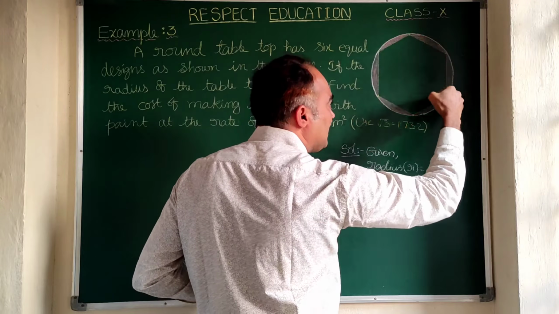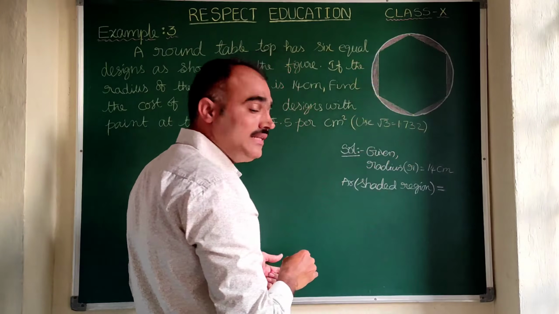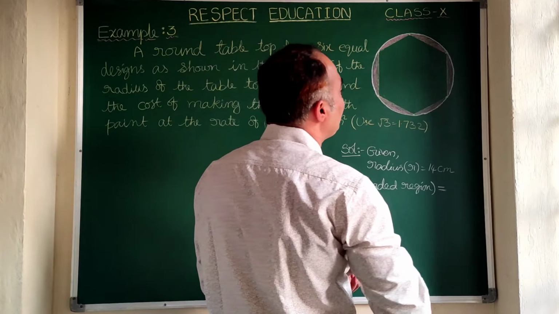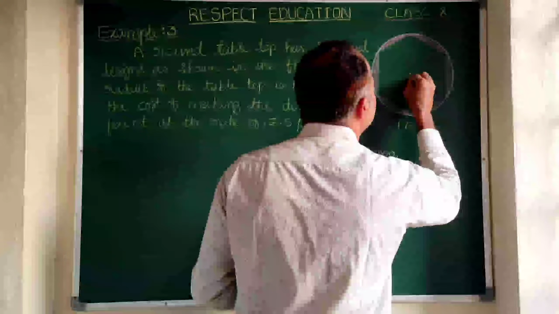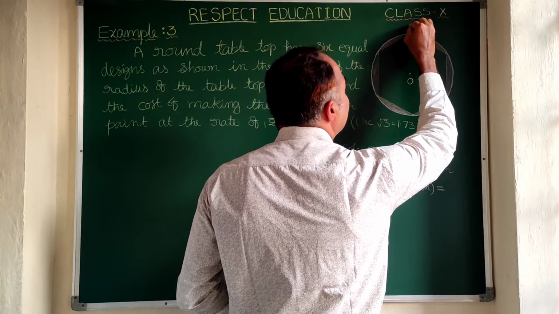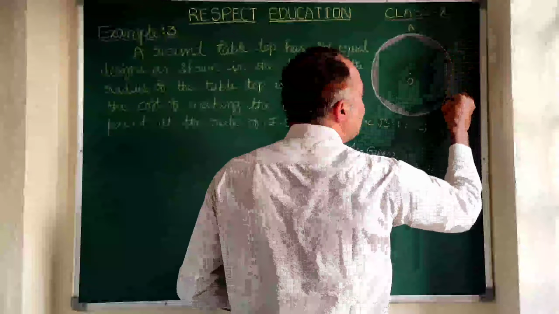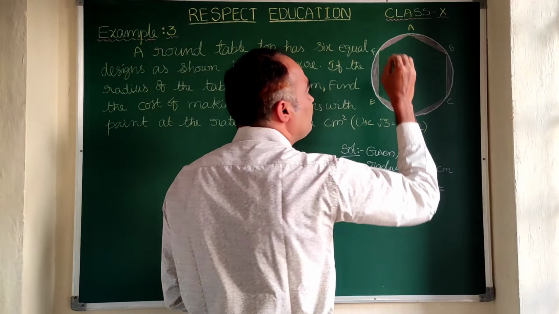take the area of the circle. From that we need to subtract the area. Which area is to be subtracted? Here you observe. Let us take this circle whose center is O. Here I am taking this center as O. Let us take these points as A, B, C, D, E and F.